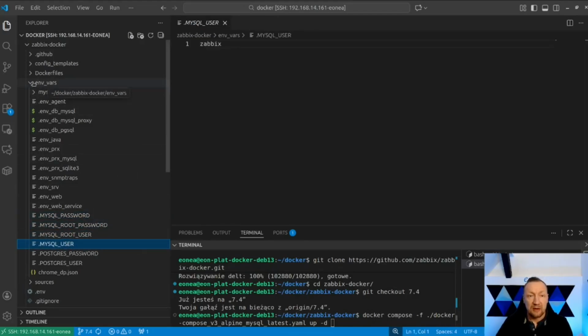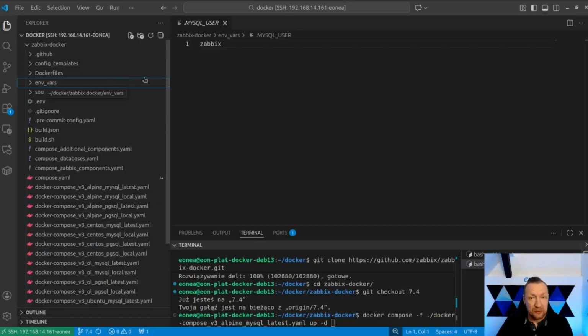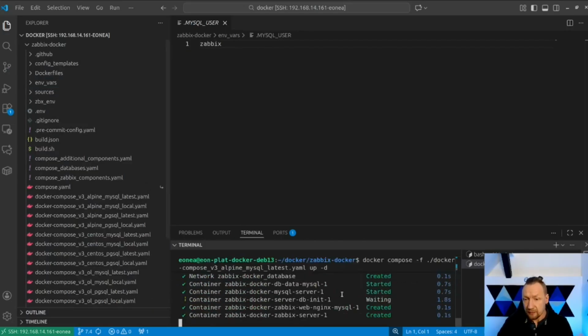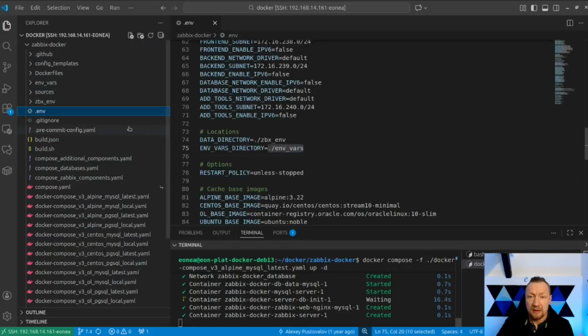This is our crucial folder. This is the first one to change before spinning it up. And please take a look. If we spin it up, let's go. It will take a while. Now the database is spinning up. It will take a moment, but please notice that zabbix-env